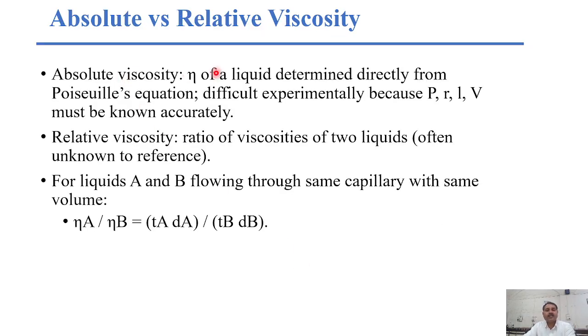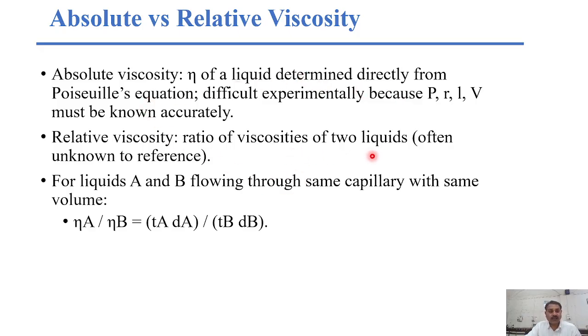Then, absolute value versus relative viscosity. To determine the absolute value of viscosity, we need to use Poiseuille's equation, that is pi P t r raised to 4 upon 8 V l. But the exact value of viscosity cannot be determined using this equation, because the exact value of the pressure difference between the two bulbs of the viscometer cannot be determined exactly, and therefore we have to determine the relative viscosity